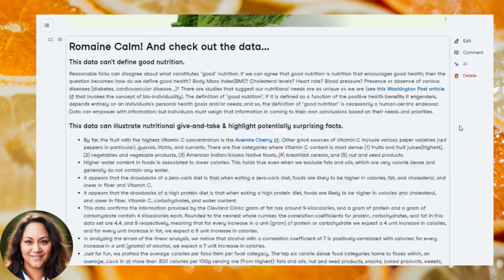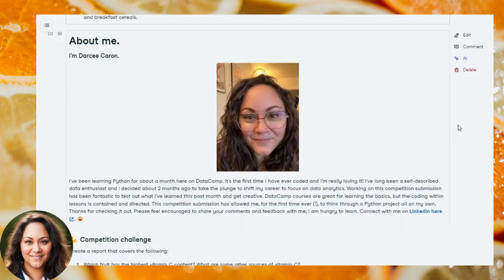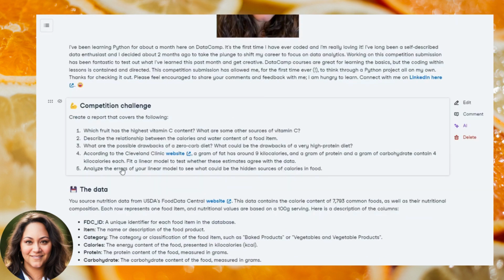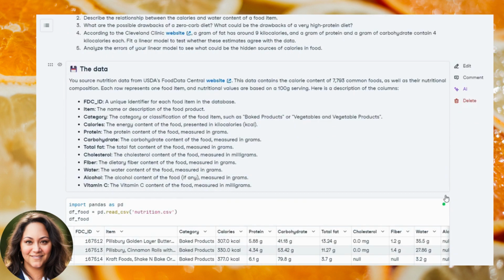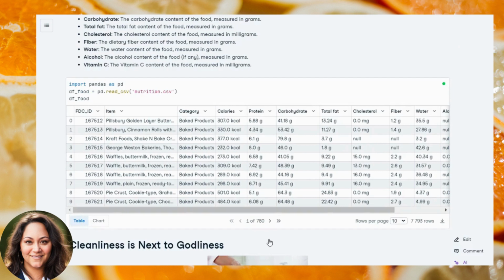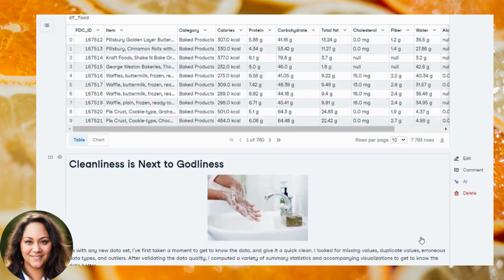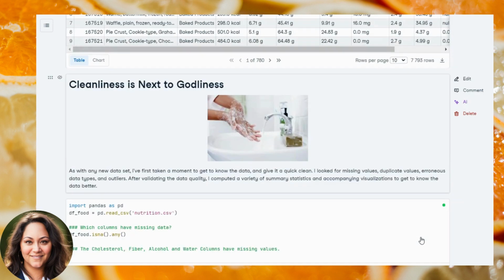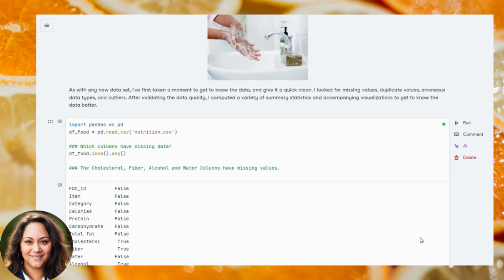This project was created as part of a DataCamp competition, and I used Jupyter Notebook for the coding and presentation of my work. A dataset containing nutritional information about approximately 8,000 different foods was provided, along with some questions to explore. I used Python to explore and clean the data and to analyze the data to respond to the research questions. The project involves using Python to sort and visualize data, compute summary statistics, fit linear and multivariate regressions,